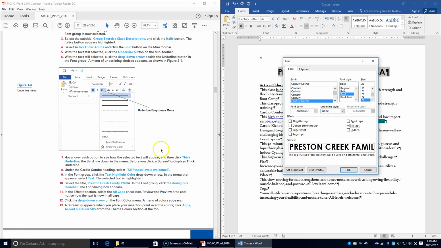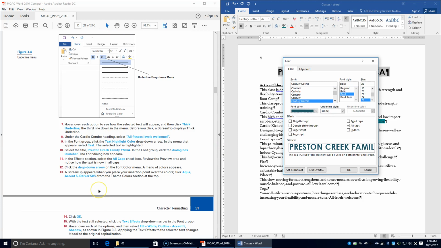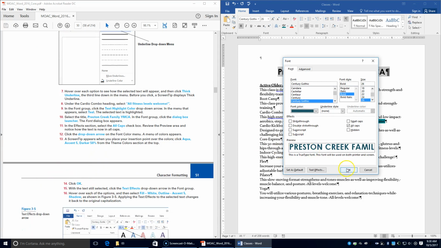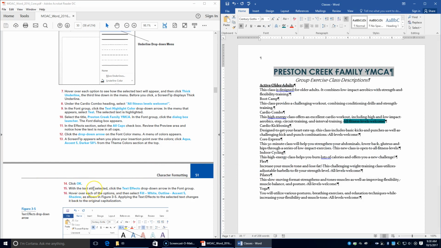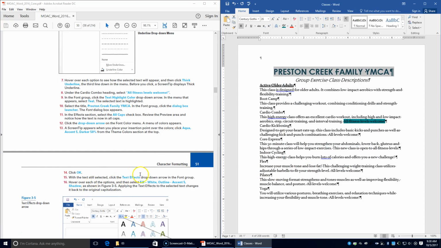Click the drop down arrow on the font color menu, and we're going to choose, a screen tip appears when you place your insertion point over the different colors. We are going to choose Aqua Accent 5, but we're going to choose the one that's darker 50%, so this one down here at the bottom. Okay, from the theme colors section at the top. Click OK, and with the text still selected, click the text effects drop down arrow, which is right here,